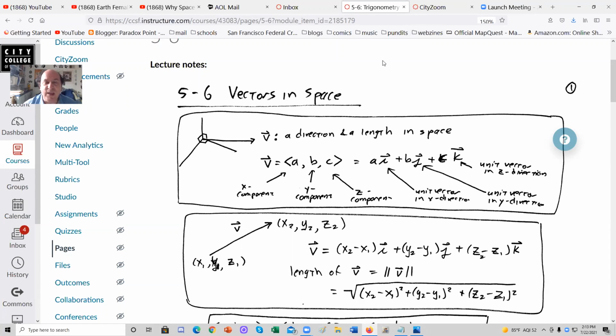Now, this will be about three-dimensional vectors with dimensions a by b by c. A is the x component, how far along in the x direction. B is the y component, how far along the y direction. And c is the z component, how far in the z direction. And this will also be known as ai plus bj plus ck, where i is the unit vector 1, 0, 0 in the x direction, j is the vector 0, 1, 0 in the y direction, and k is the unit vector 0, 0, 1